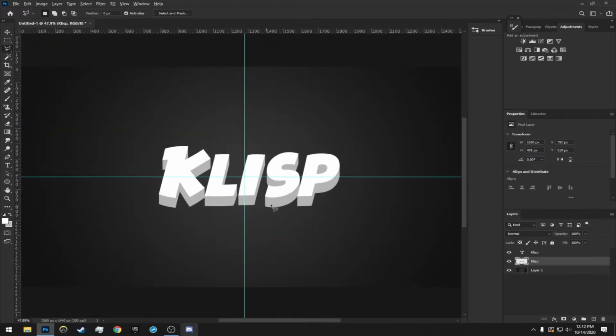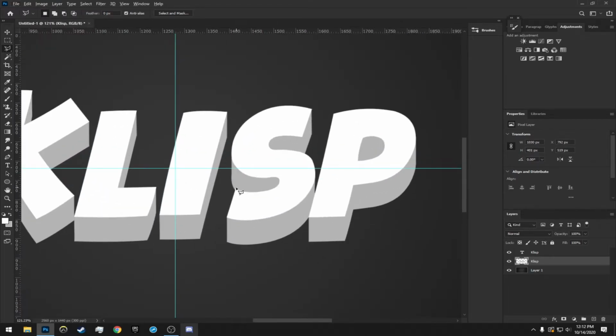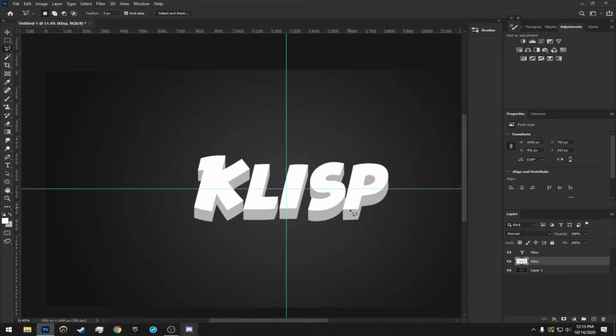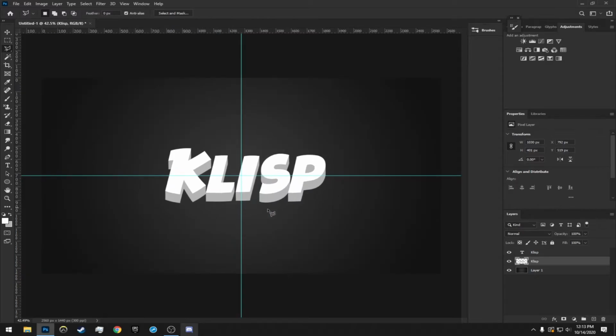Okay, so I'm done. As you can see with this, I didn't try and connect it here because it's 3D, and I'm not trying to get it to line up with this. I'm trying to get it to line up with this curve. So that's why I did that. Once you're done, you should have a nice